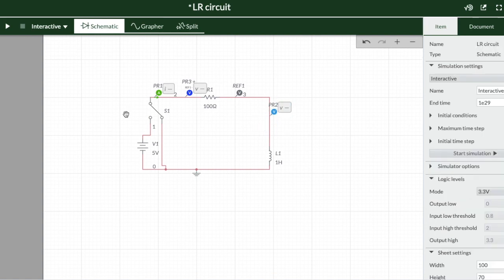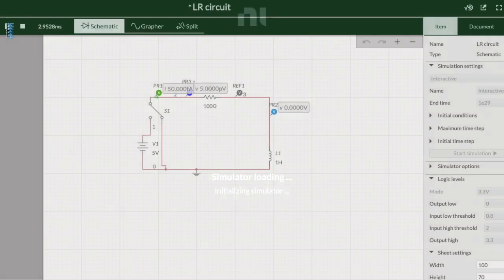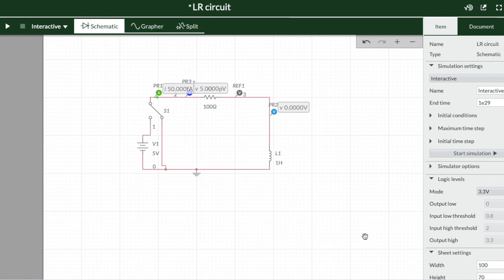Now before starting with the simulator, we have kept the switch connected to ground. We will just see once what the readings on these different meters are. So we are going to run the simulation. We are getting readings on the meters. Now let us stop the simulation and see what values are given by these three meters.